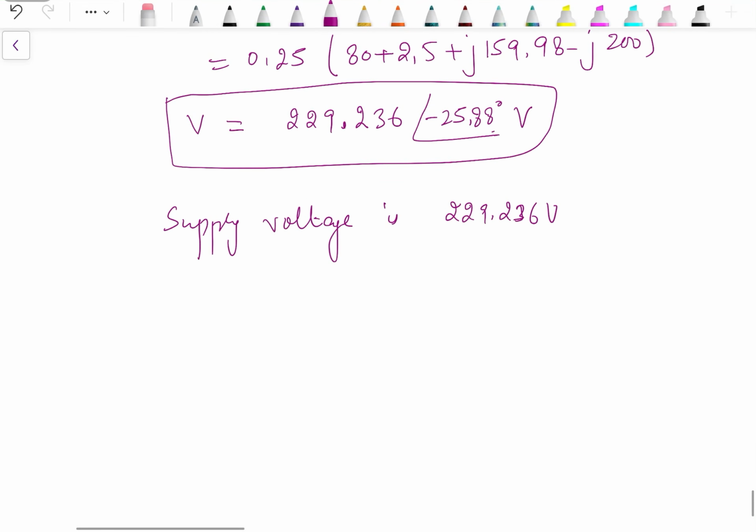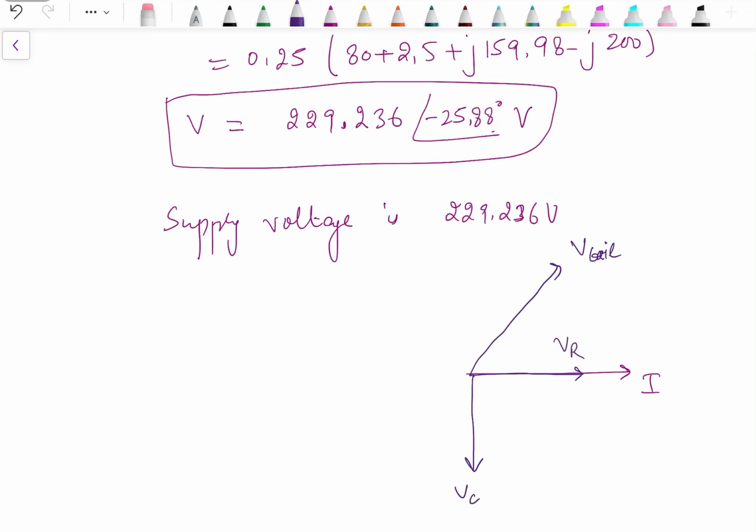Now if we have to draw the phasor diagram, current is reference, voltage across the resistance, that is VR, is in same phase with this. Voltage across a choke coil that leads this. Voltage across the capacitor lags behind the current by 90 degree, and the resultant voltage also lags behind the current by 25.88 degrees. So one thing which we are left with in this problem, that we have to find out the